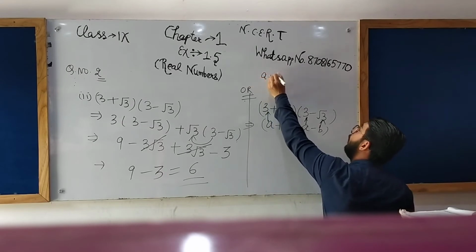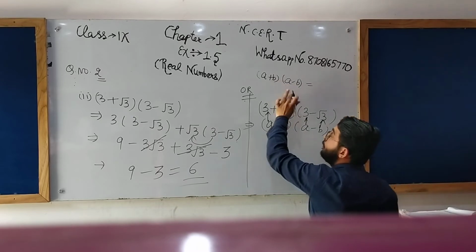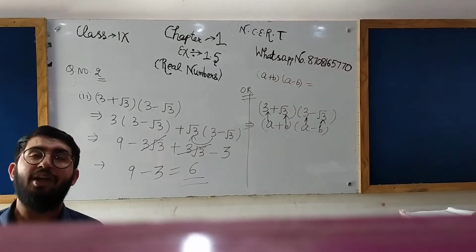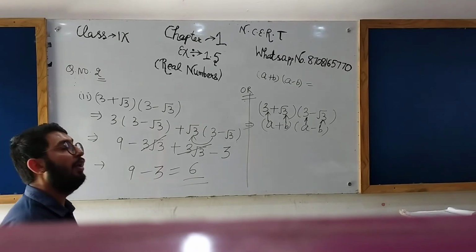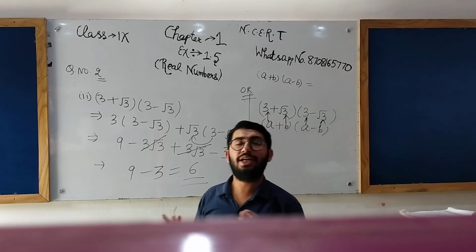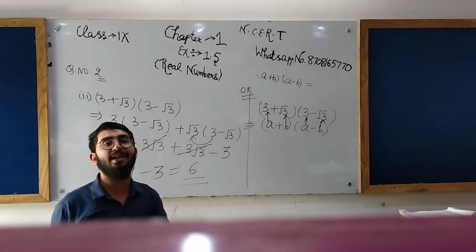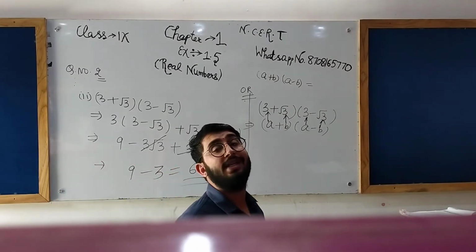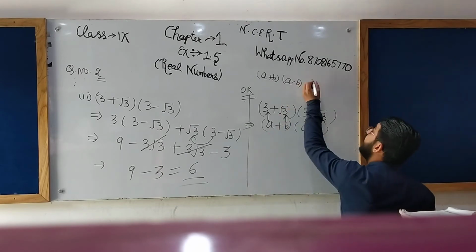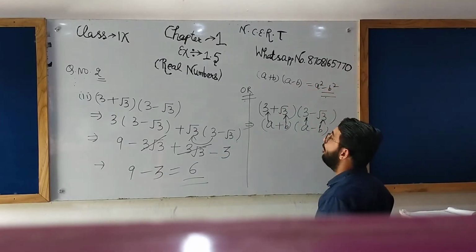Okay. If you know, then very well, and if you don't know, then learn it. A plus B into A minus B. Whenever there are two factors and both are like factors, but the difference is where? The first term is positive, second is negative, or first is negative, second is positive. When two of the factors are same, but the signs are different, then we can apply the identity. Yes, this is the identity. A plus B, A minus B is what? A square minus B square.